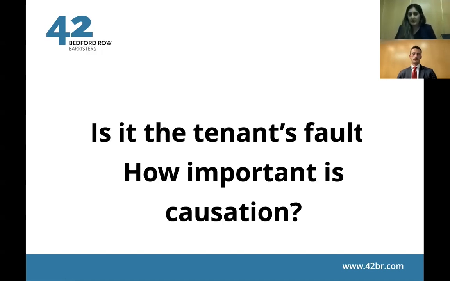Another important authority in this area is the case of Wallace versus Manchester City Council. In this case, the Court of Appeal held that damages for disrepair to premises let to a tenant were damages for distress and inconvenience, which could be calculated either by reference to a notional reduction in the rent payable throughout the period for which the disrepair existed, or by reference to a global award of general damages for discomfort and inconvenience. The case of English Churches versus Shine, a 2004 Court of Appeal authority, also approves a notional reduction in rent, a global award for discomfort and inconvenience, or a mixture of the two approaches.